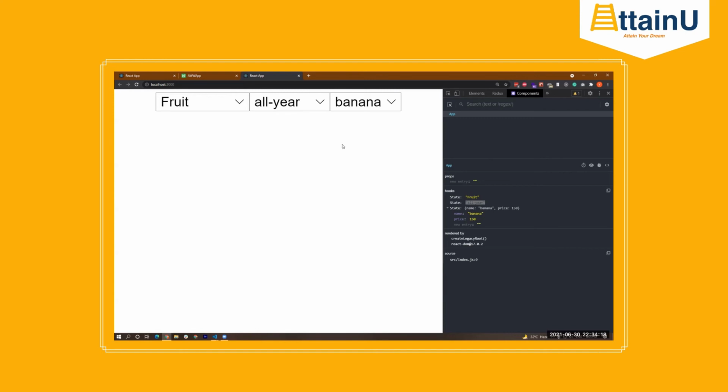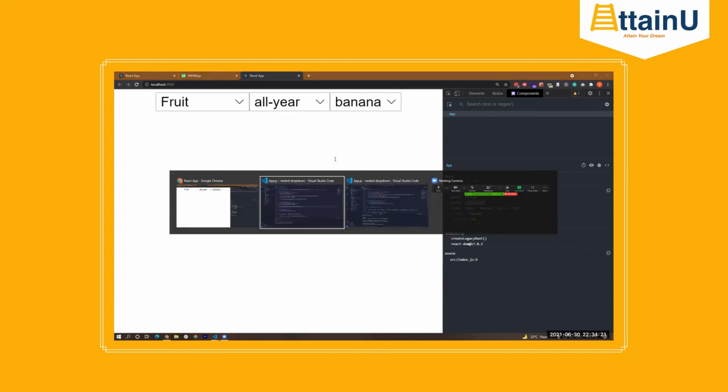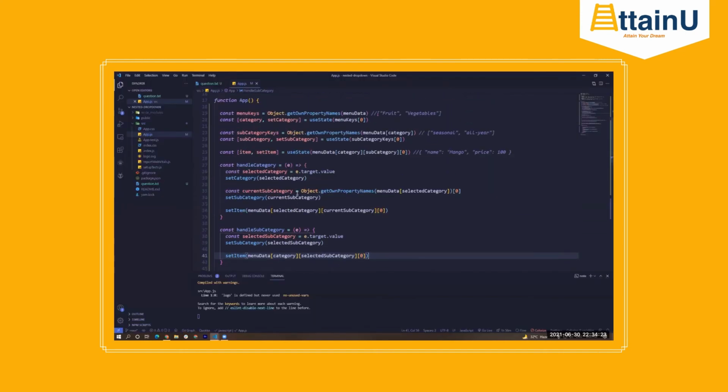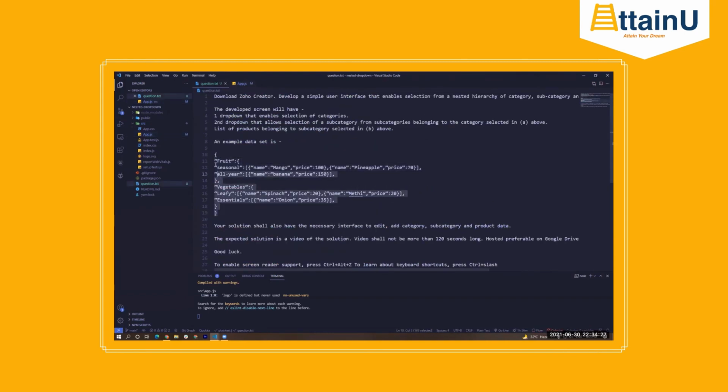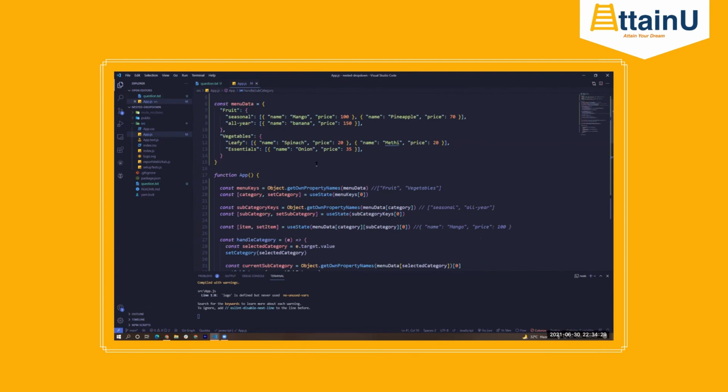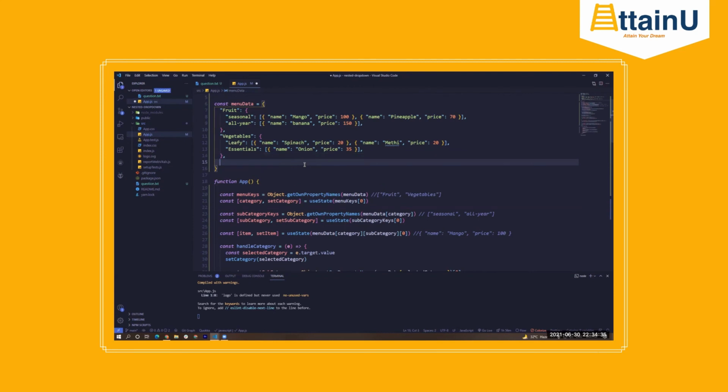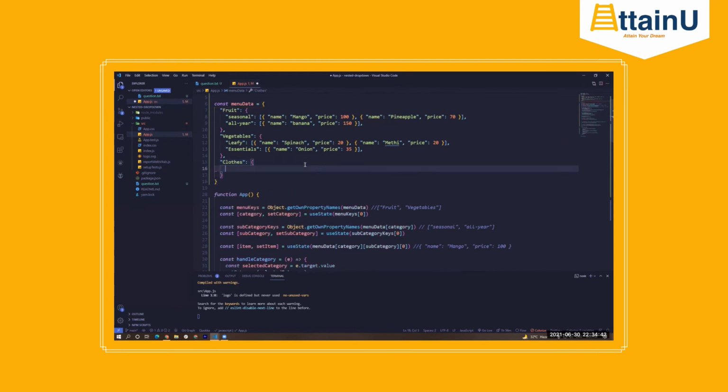So this is what we have used in order to achieve the required functionality. Based on the data itself, the UI is getting generated. If I want to add more options, I can just say, let's say clothes. Then we'll probably have some summer clothes maybe.